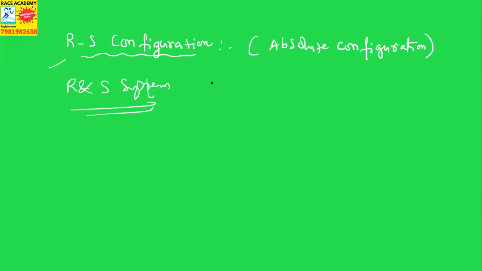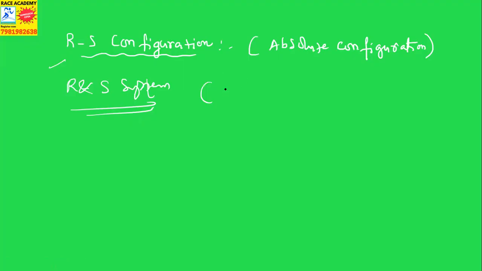So another name for this system is nothing but the Cahn-Ingold-Prelog system. The system is based on the actual three-dimensional tetrahedral structure of compounds. In order to specify